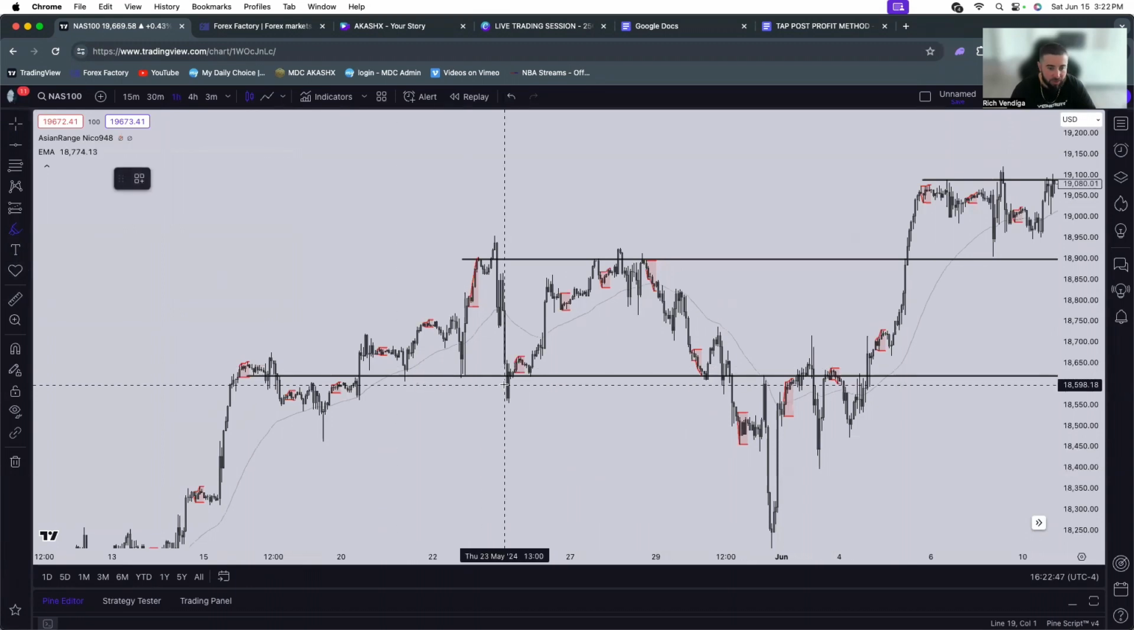Now, I will say, for example, this buy setup right here, that was something that we caught, myself and my